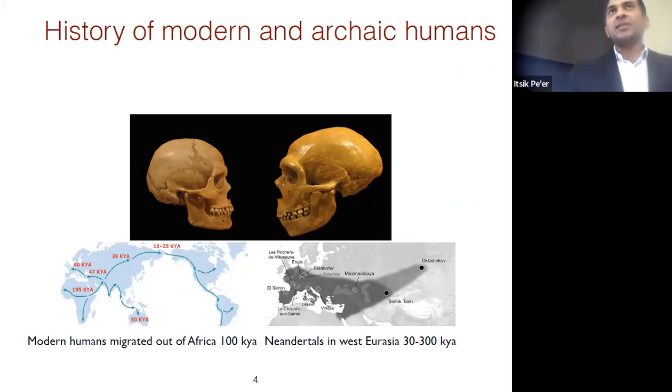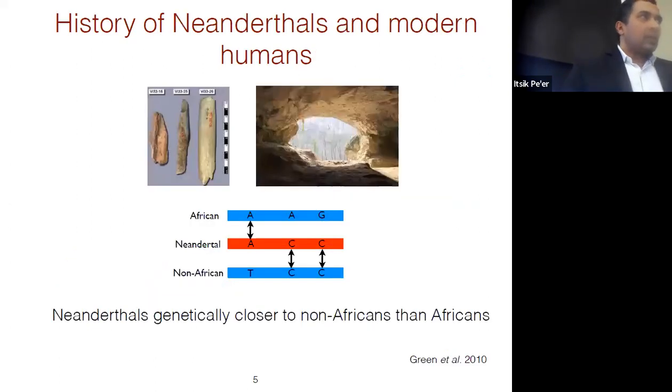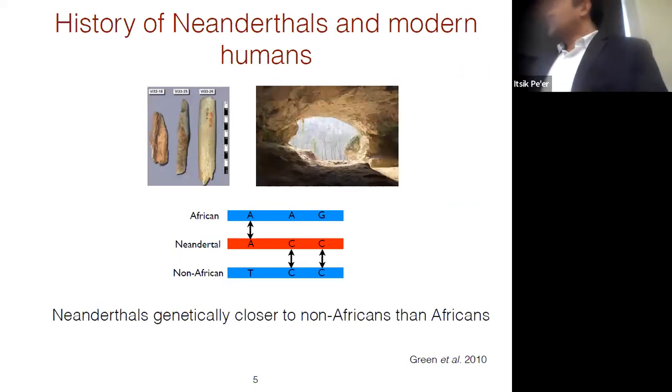And so the question that arises is, as modern humans were spreading to different parts outside of Africa, what was the interaction between these populations? Was there interbreeding? And what was the outcome of this interbreeding? So there have been many attempts to answer this question, but one of the most definitive ways of doing this